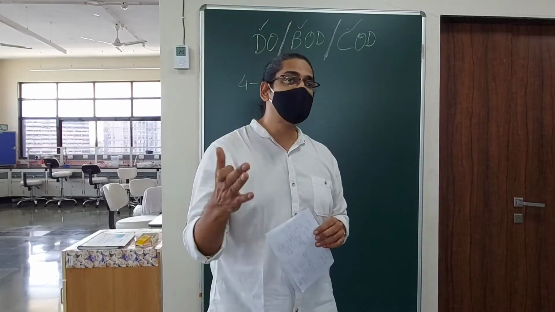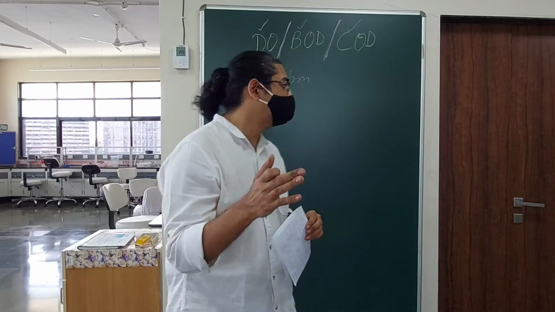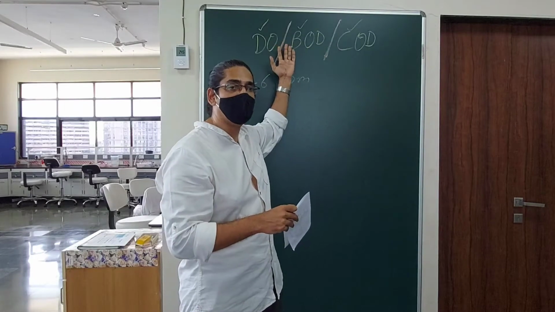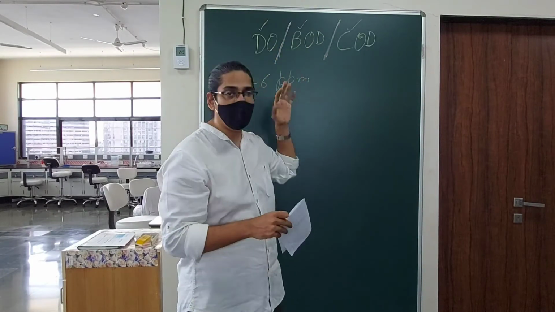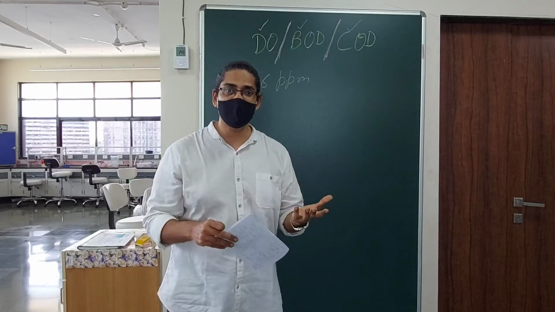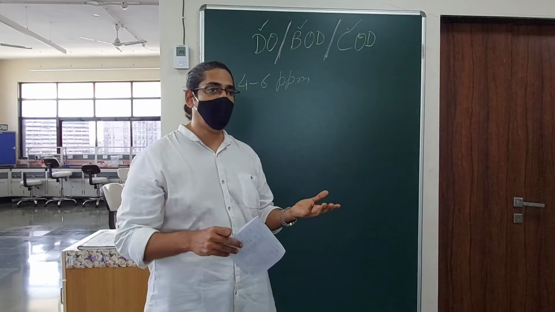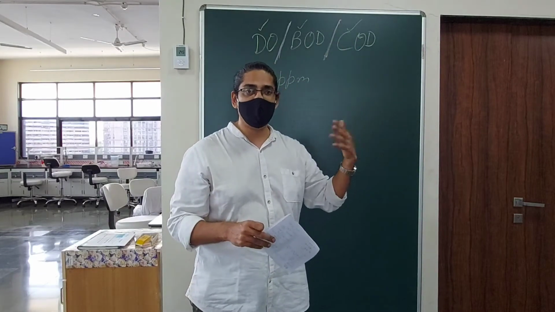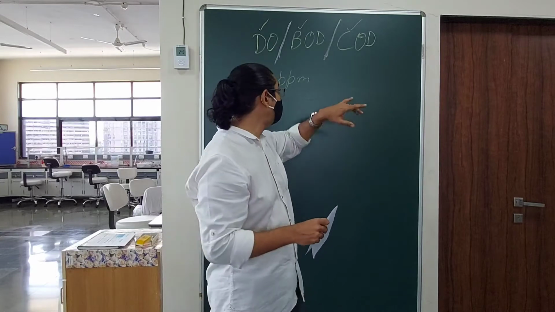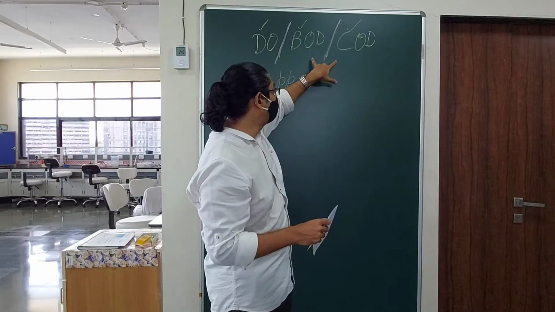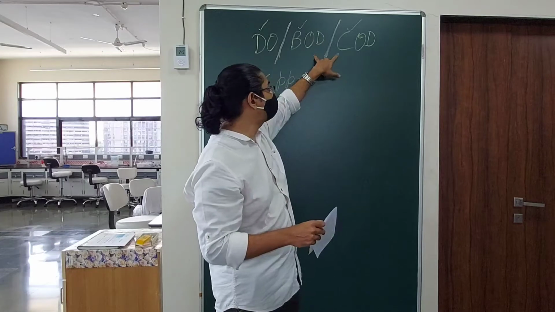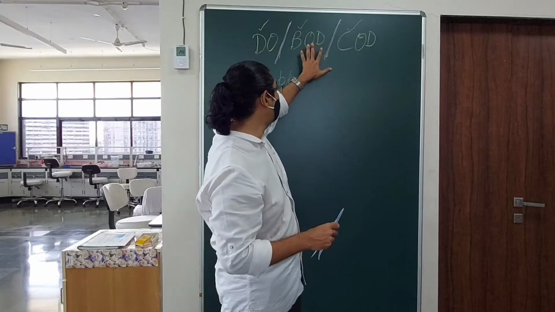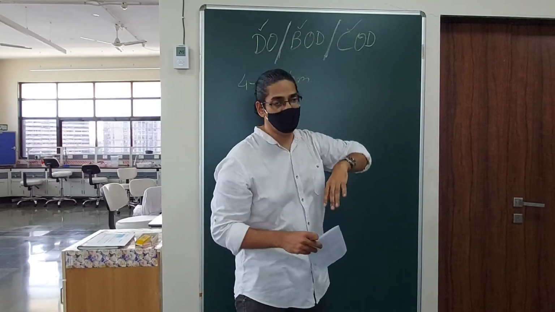But that doesn't necessarily mean that this is potable water. Any water having oxygen dissolved in the range of 4 to 6 ppm, can you drink it? Is it like that? The answer is no. Of course, for a lot of inorganic impurities, you have different parameters set, but the two very important parameters we are going to measure today are the biological oxygen demand and the chemical oxygen demand, also known as BOD or COD.